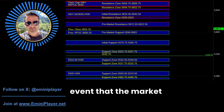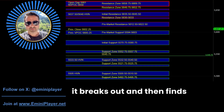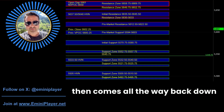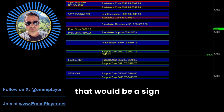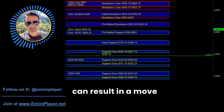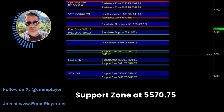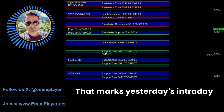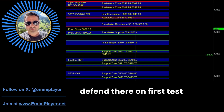In the event that the market fails to break out, or even if it breaks out and then finds sellers at initial resistance and then comes all the way back down, and we get a breakdown below pre-market support, that would be a sign of weakness, and it can result in a move down into the initial support zone at 55.7075 to 80.75. That marks yesterday's intraday breakout area, so buyers can defend there on first test,